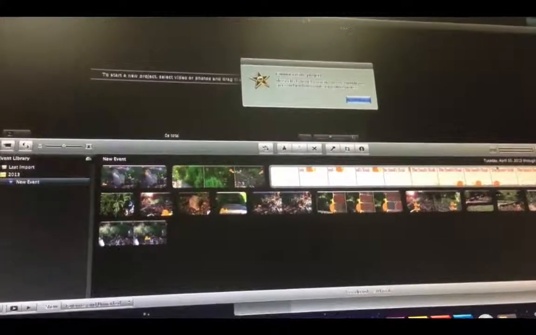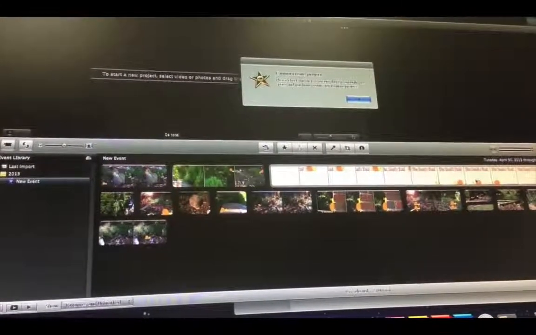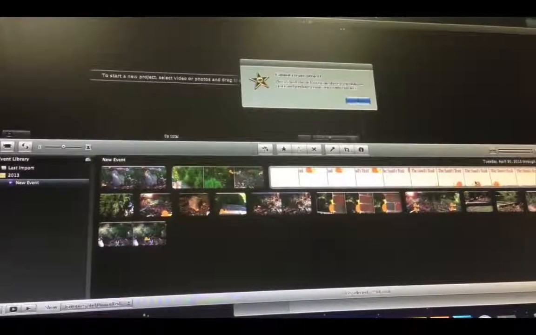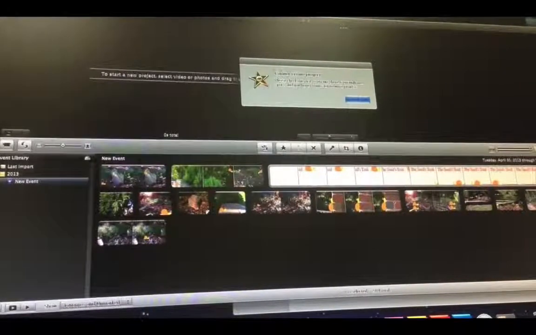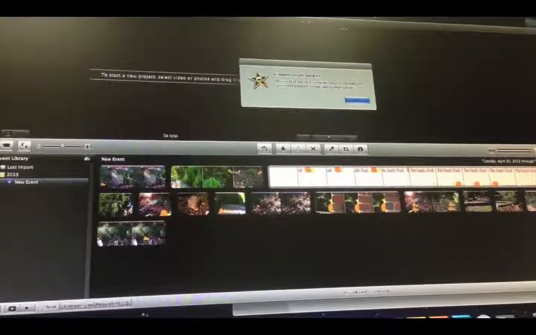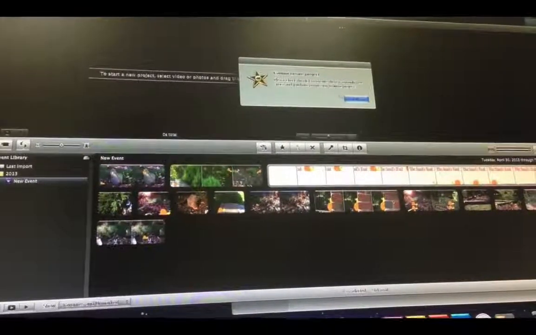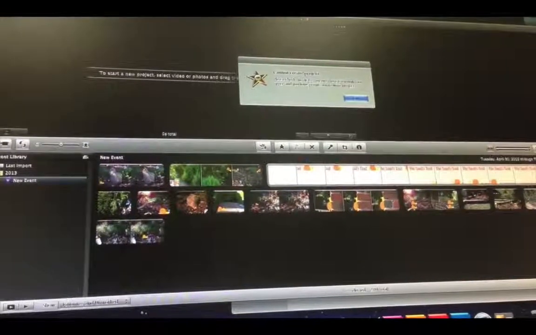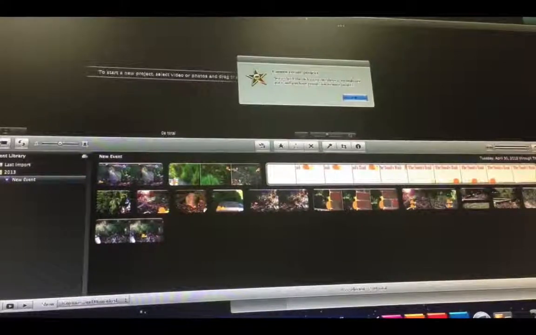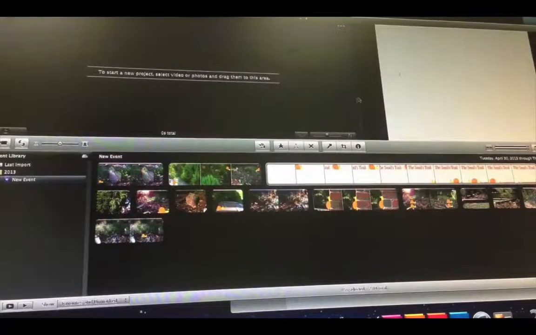Lovely. All right, so if you get this error in iMovie, thanks to Sam, who's my lovely assistant that's going to show us today. So you import all your videos and you'll get this problem saying, cannot create project. Please check the disk to ensure there is enough free space, blah, blah, blah. What it's trying to do is it's trying to create your project on the network, and it doesn't like doing that. So you need to go up here to project library,